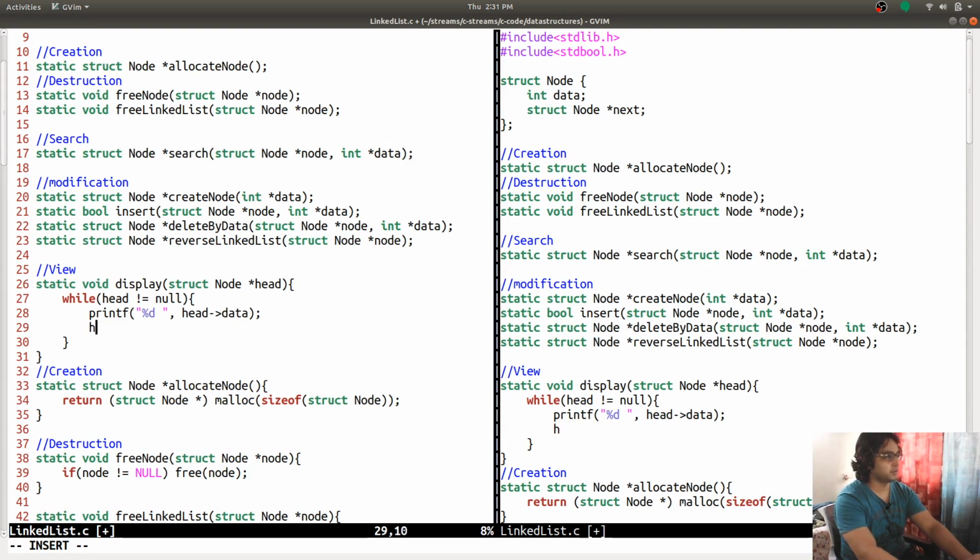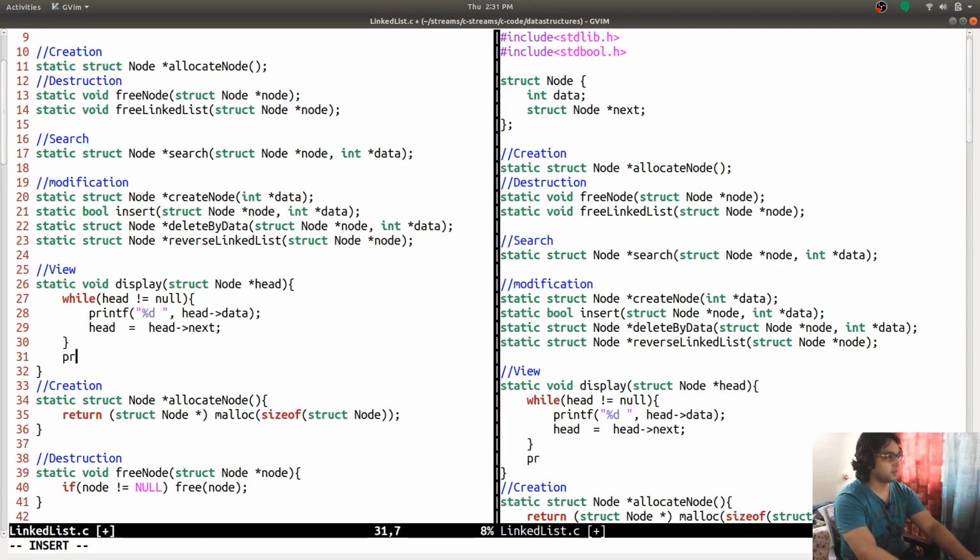It displays all the elements space separated, and at the end I will print a new line.